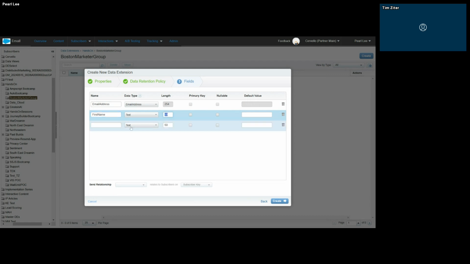Perfect. And text is fine for that. 50 characters. Let's make that 100 just to be safe. And let's make that nullable if we check that box. Perfect. Let's do last name. Same thing.